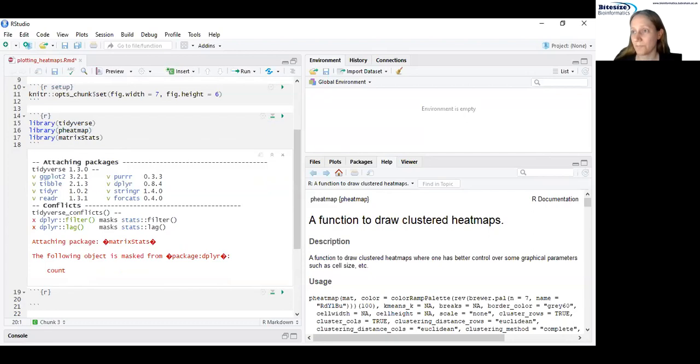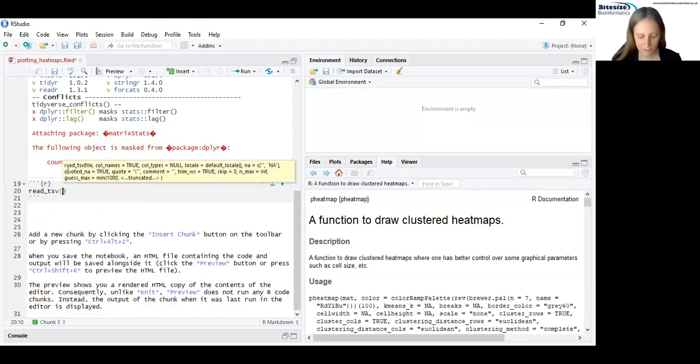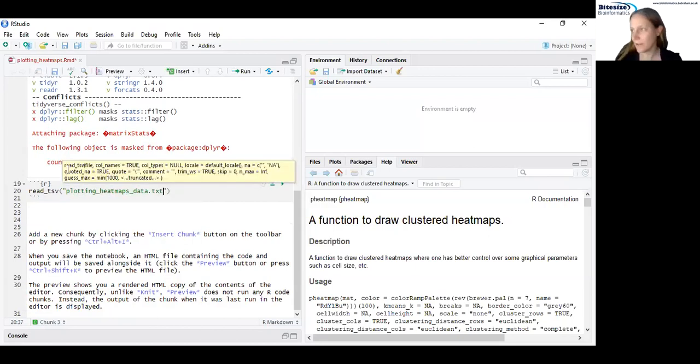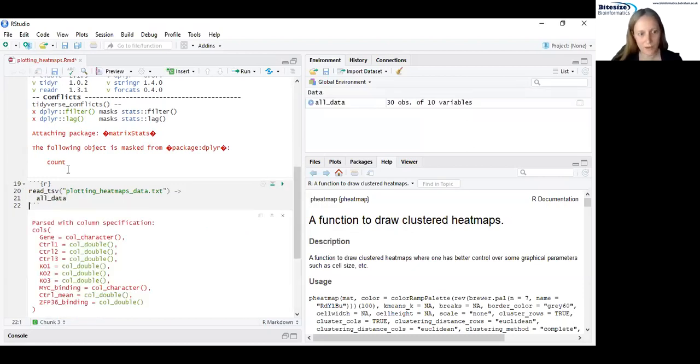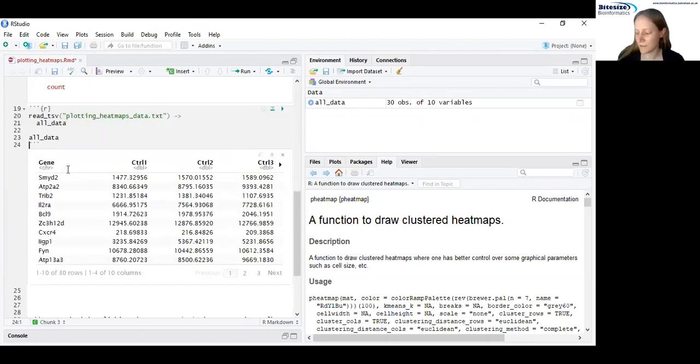Okay, so if you've got the data that I put up on the chat or from the Google Drive, the first thing we need to do is to read that in. So that needs to be saved in the same location as the R notebook that you're working in. And then I'm just going to assign that to something called. And then if we look at what's that, so this contains